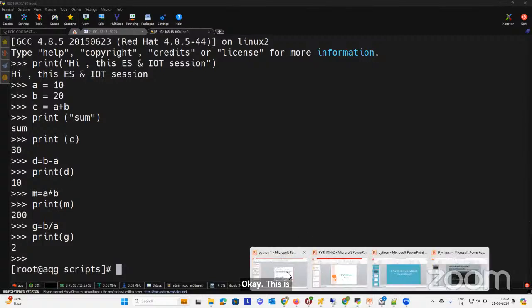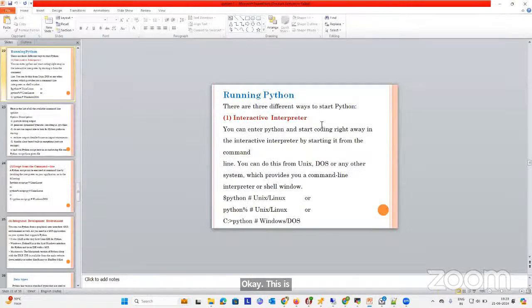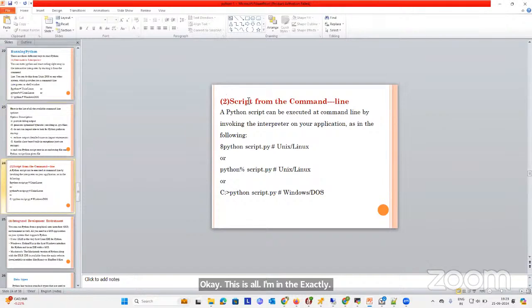This is how we run Python code using the interactive interpreter method. The second one is a script. We need to write a script, and we need to source that script. So for example,